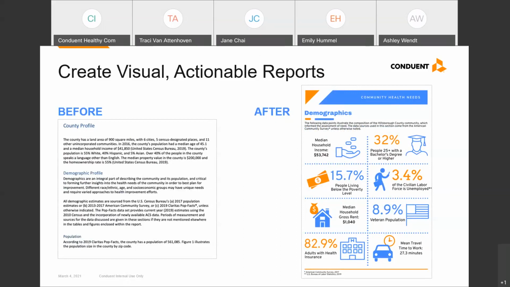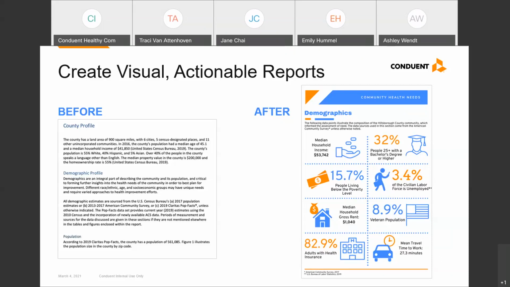So I'm going to buzz through these next few slides as efficiently as possible so we can get into the Q&A section. But we all want our reports to be considered really a resource for the community, and it can serve as a guide to inform community efforts. It's really about putting data into action, but people need to understand the data first. That's where you can really use visuals to get data across, using some great visuals with less text. So that's what you're seeing on the slide here.